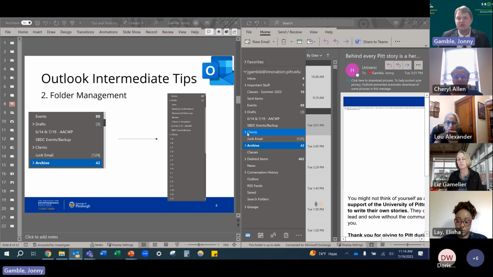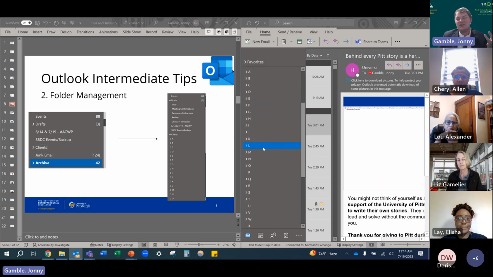What I have it broken down into is a folder specifically for client emails, for example. I just checked the other day, and I've worked with 170 businesses so far in the last year. So I can't just put all my clients in one folder. The way I have it broken down is I listed it alphabetically. So if I'm looking for a specific client, I can go into my client folder and then into their alphabetical name and find them from there.